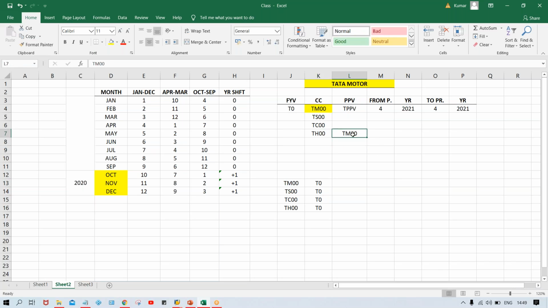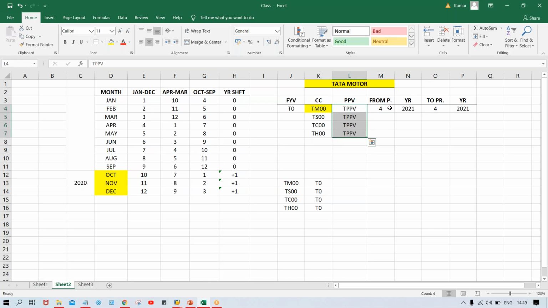So what is the benefit here, guys? The benefit is that postings are opened against the posting period variant, and this posting period variant we have assigned to all these four company codes, right?